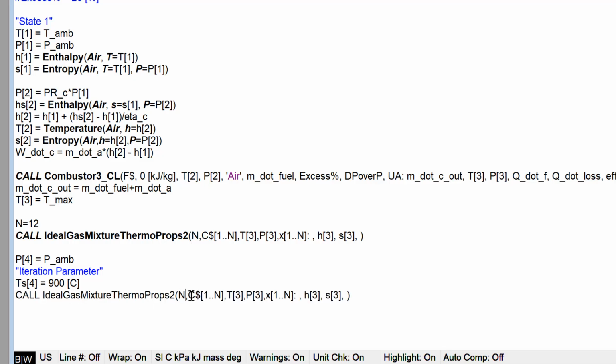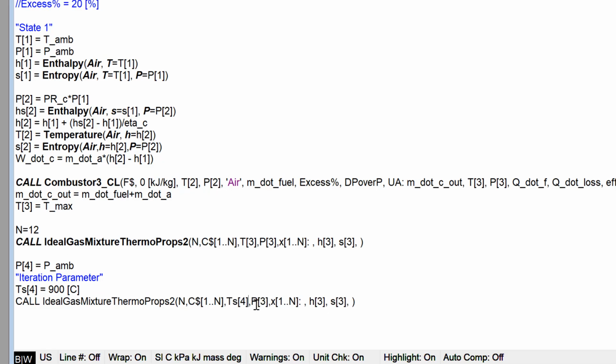Same concentrations, right? We're going to give it TS4 here, and we'll give it P4, same concentrations, and then this is going to give me, let's call this HS4 and SS4. So these are the properties leaving the reversible turbine. So this should now solve,